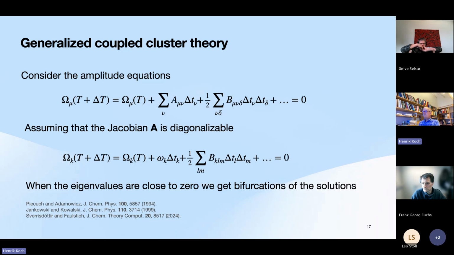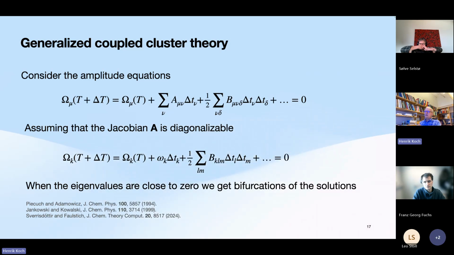And if you do that, then you get this A matrix as the first derivative of the omega condition. This A matrix is actually related to the excitation energies in coupled cluster theory. And when you want to solve this equation and you have an almost zero excitation energy, which would mean that you have an intersection with the ground state, then the higher order terms dominate,